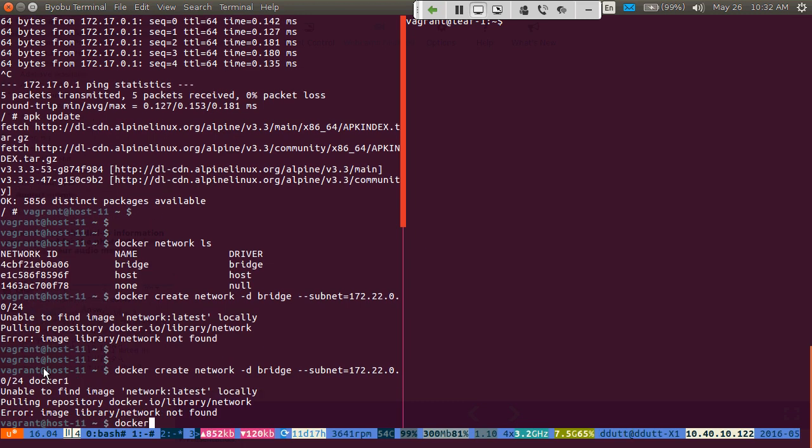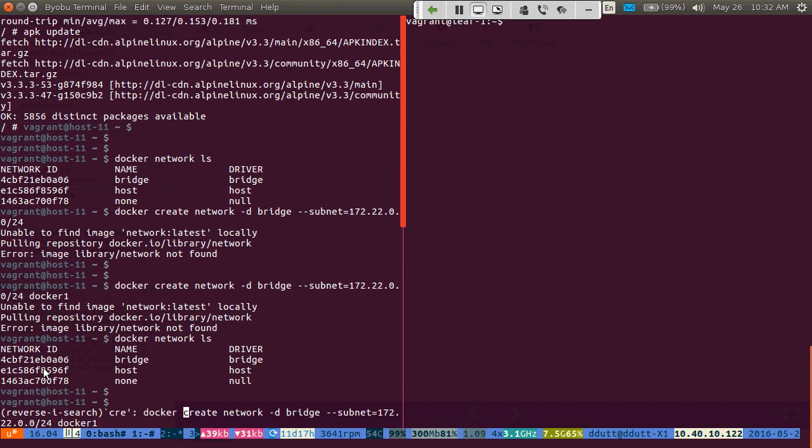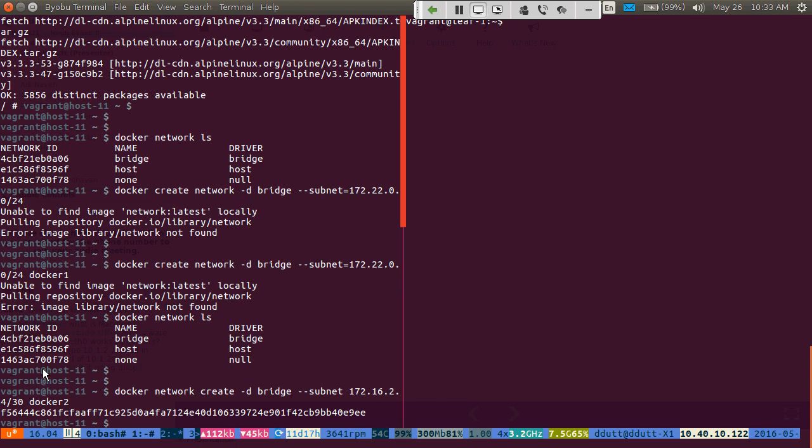Sorry. So it did not create. So clearly I have mistyped. I have typed this before, so I'll just go look for what I had typed earlier to get me to do what I want. There it is. So there is network create minus subnet Docker2. There was no equal sign involved.